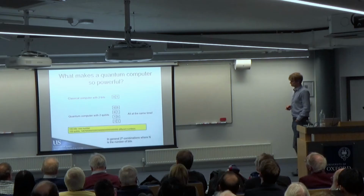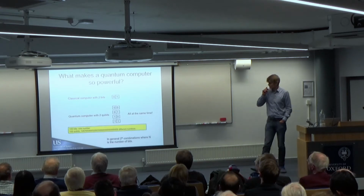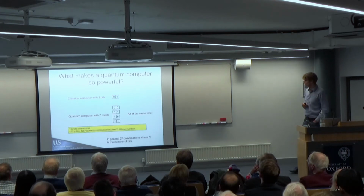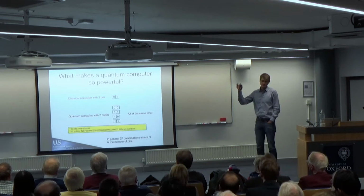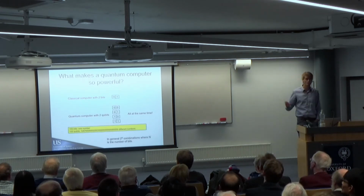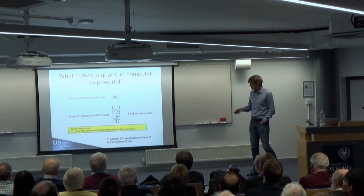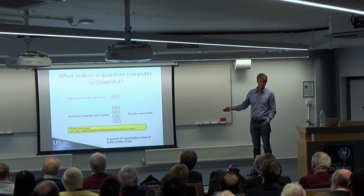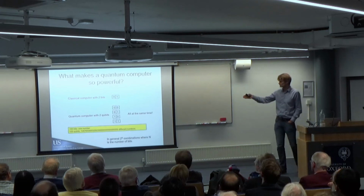To kind of show why this has such a big effect on computing, if, for example, you have 2 bits, so really the smallest classical computer, then the sort of number that you can represent at any one time would be something like 0, 1. That would be a number you can represent. Or it could be 1, 1 or 1, 0. Now in a quantum computer, if you have 2 bits, all of a sudden you can have these 4 numbers at the same time. Now if you think this through and you go larger, so let's say you have 100